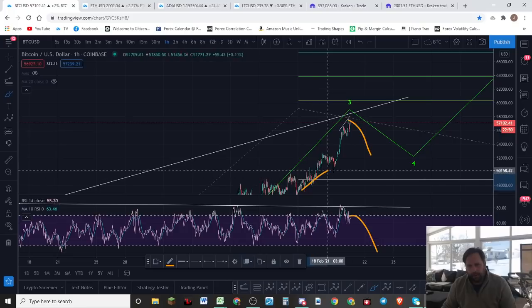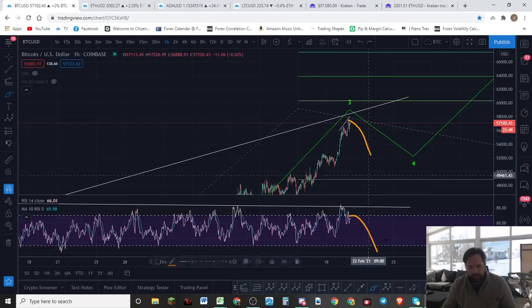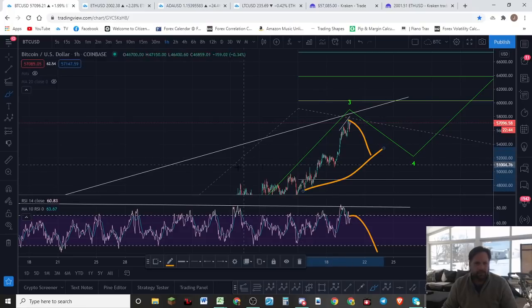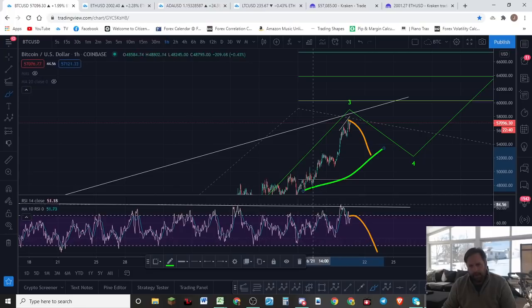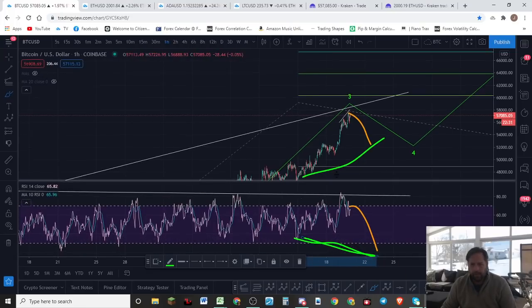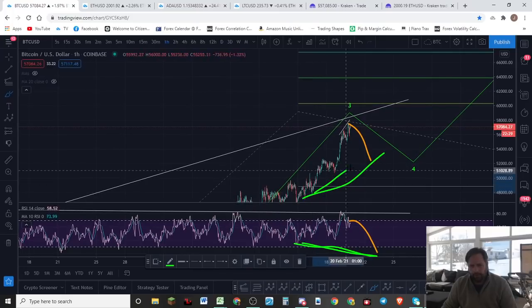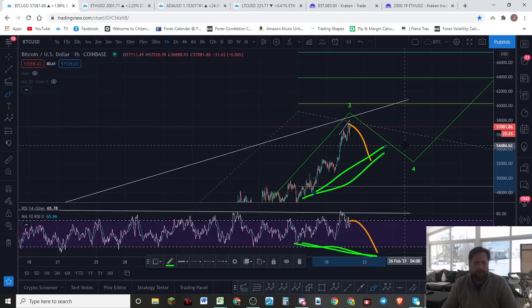And then when you draw a line from the peaks like this, when you're looking at the slope of the peaks, let's see if I can change the color here so you can understand. We'll take it to green, and then you draw a line on the RSI. You'll see that they slope differently, and when you draw a line at the bottom, that's bullish divergence. When the lines are drawn on the bottom, it's bullish. And when the lines make different slopes, like that, for instance, then that is bullish.